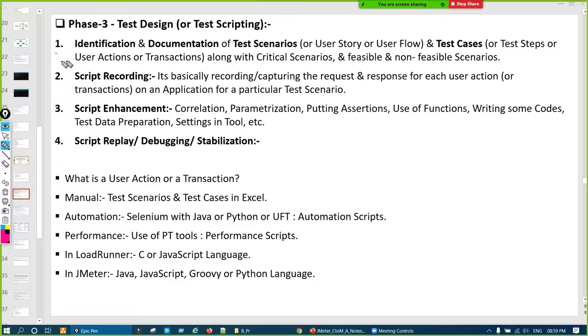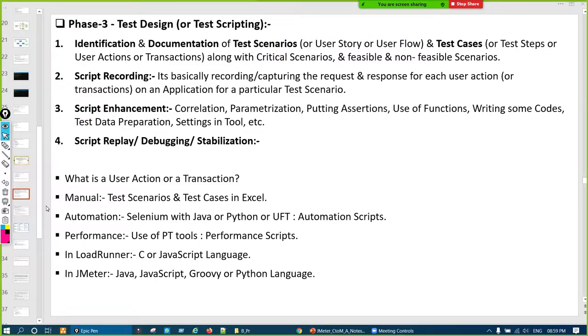That is the first phase in test design and test scripting, right? So first we'll understand what a test scenario means, or what a user story or user flow means. So first we have to identify, then only we go for scripting, recording, enhancement, and other things.